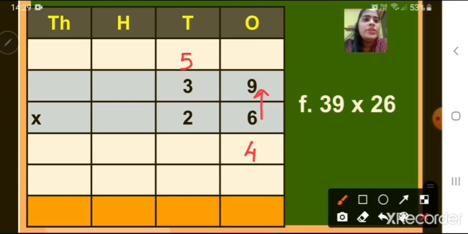After that we have to multiply number 6 with number 3. 6 3s are 18. 18 plus 5, children, count everyone, 19, 20, 21, 22, 23. So we will write here number 23 down. Okay. So with number 6 we have multiplied. Correct. Now we have to multiply with number 2. Now number 2 is in tens place. So first we are going to put here 0. Before multiplying the next number in tens place, we have to put here 0.